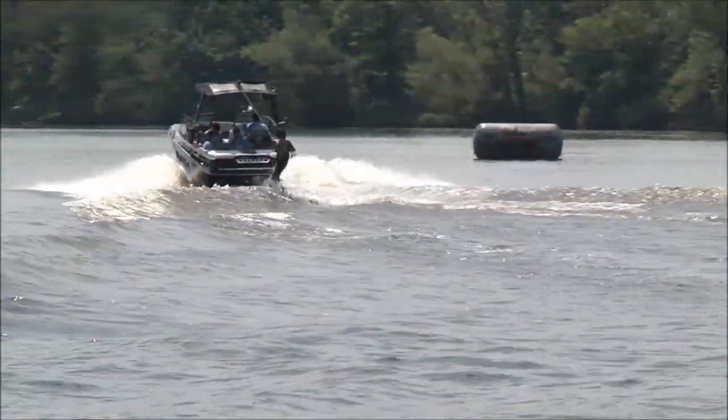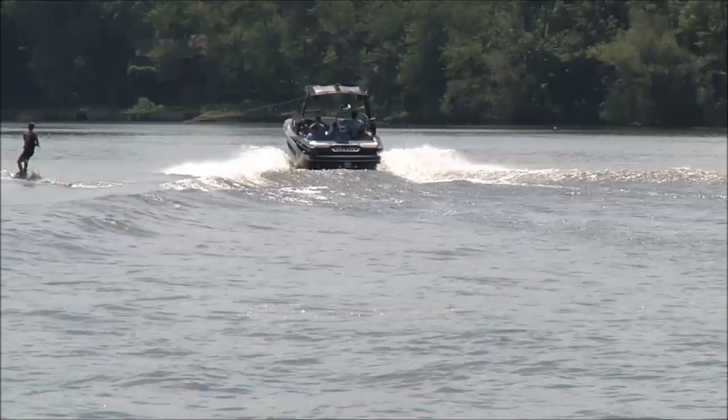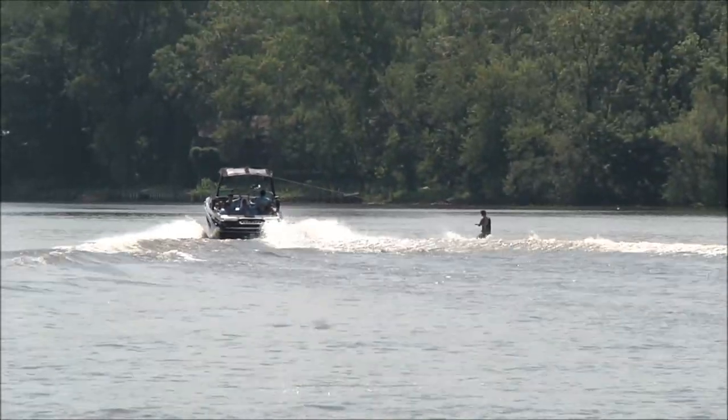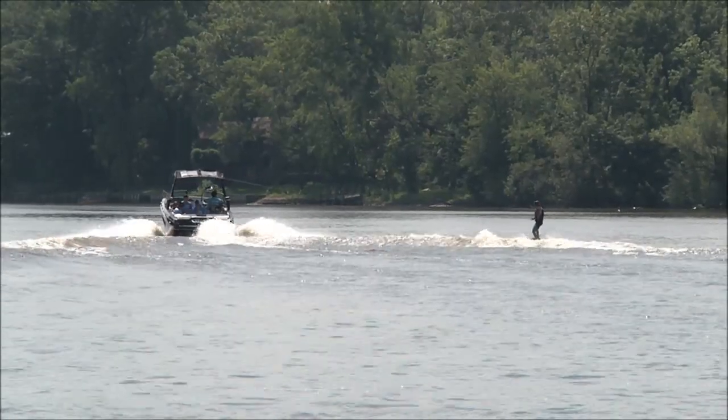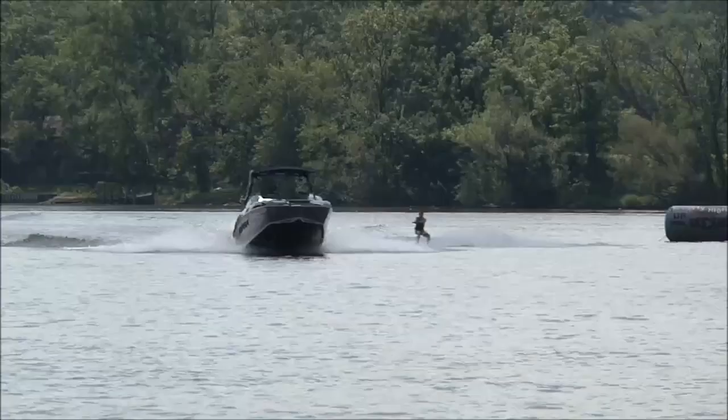He just completed a nice big one wake toe side air, and he'll be coming back in on his heels for a big heel side jump, and he did hold on to that one, so that'll give him a lot of points for that big air he just did. Pretty soon,